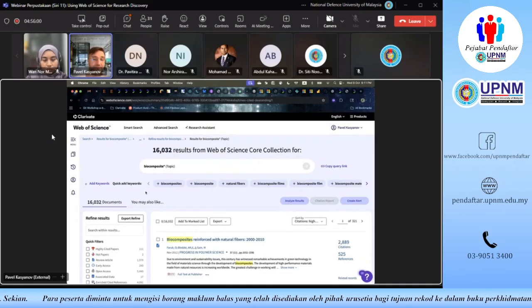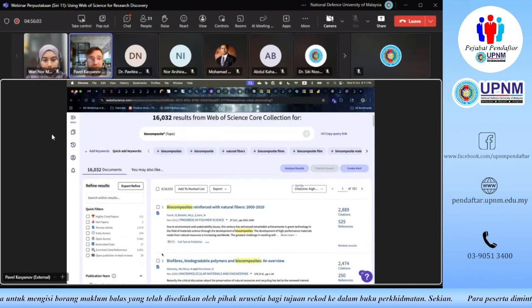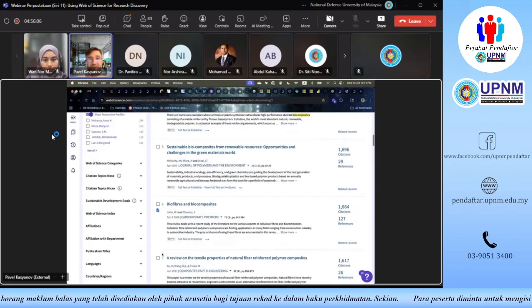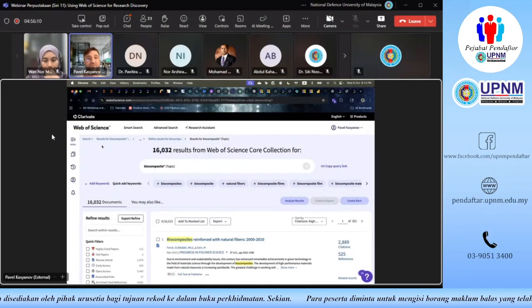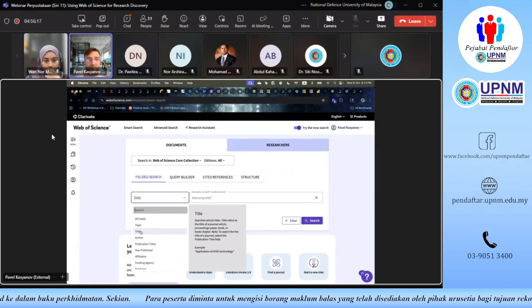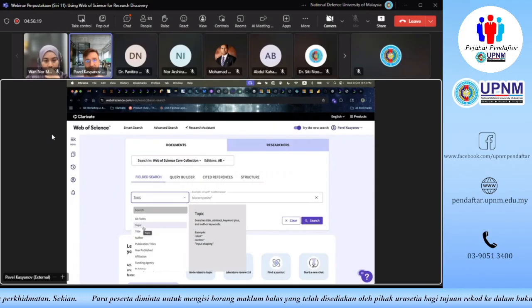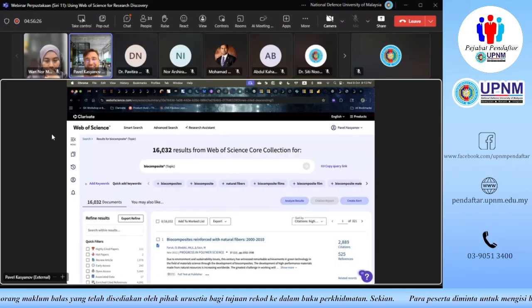So that's how we normally work with the topical search. Now, the next thing that I wanted to show you is if we go back to the search and we switch from the topic. So let me show you the title search first of all. We've been running topical search, which basically searches for matches in the title, abstract, and keywords plus, and it returns to us 16,000 records, which is a lot, but maybe not all of these documents are super relevant.